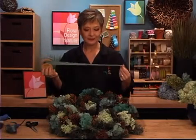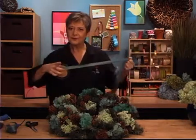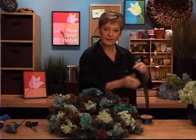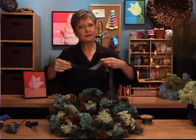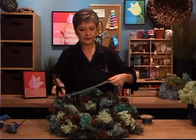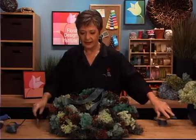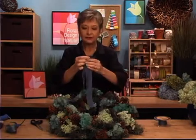For the ribbon, I'm going to use a beautiful peacock blue in a soft satin. Now I don't want just a bow. Instead, I'm just going to use ribbon and cut it down into about 12 to 15 inch lengths. They don't all have to be identical. Cutting them down, then taking those and each end,